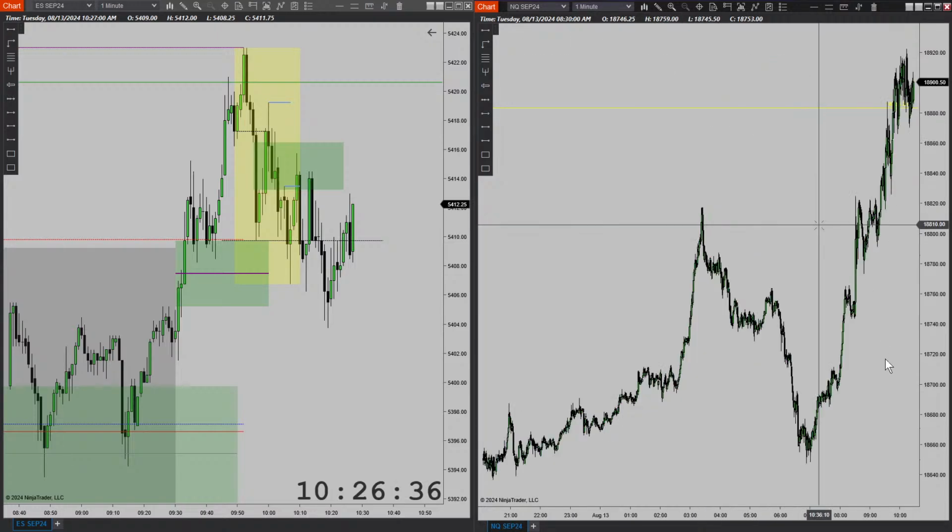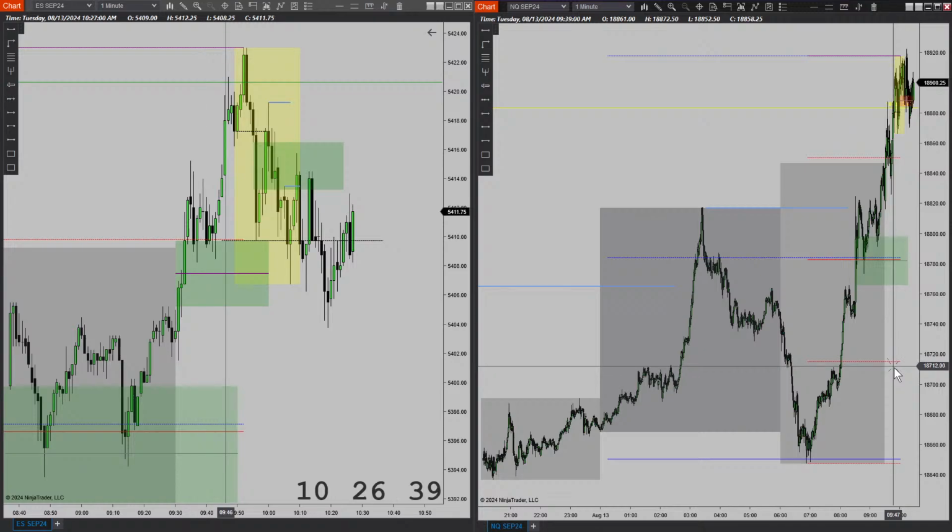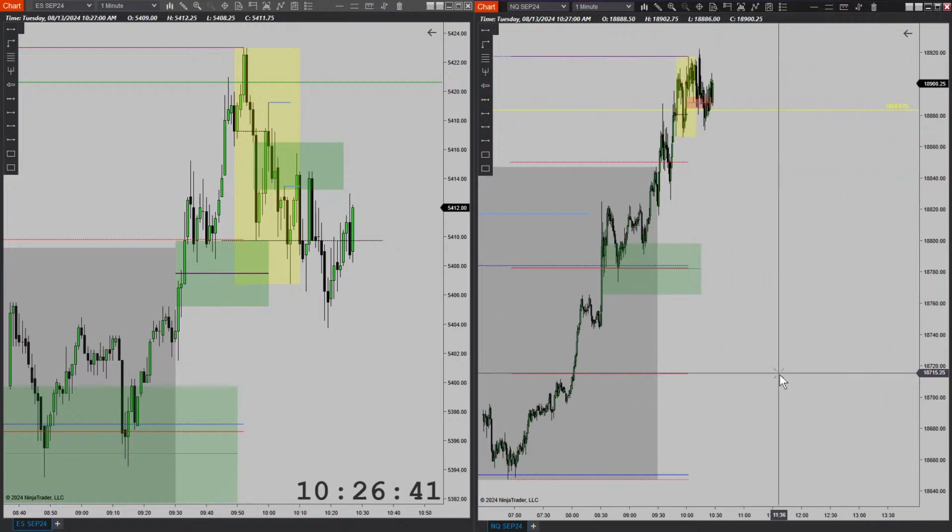But because time is not there just yet, it tends to consolidate, and then once you least expect it, it happens, meaning that the traders from the 10 o'clock macro will already be, I guess you can say, emotionally drained that they won't even look to trade the 11 o'clock macro, and that's when it happens. If it doesn't happen at the 11 o'clock macro, then I'll look to trade the 12 o'clock macro, and so forth. But if I don't get anything for the 11 o'clock macro, then I'll just leave it alone and come back for the 1330 lunch open.